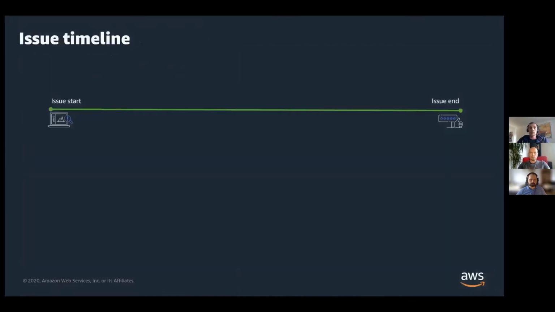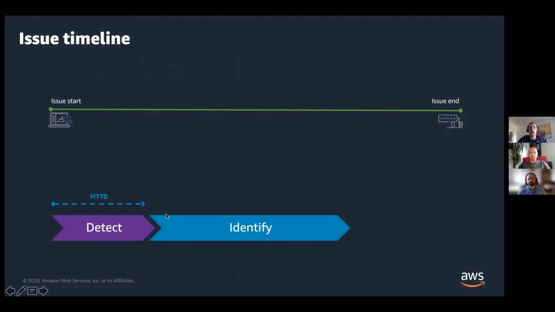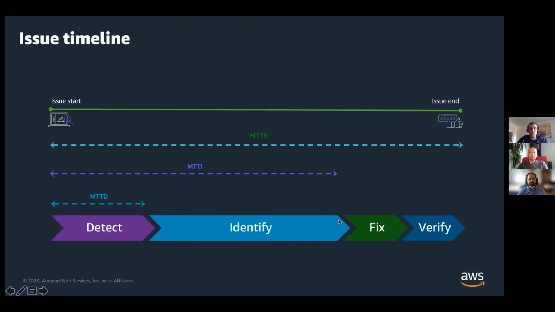So great. Now, as I said, we saw how we can potentially detect quite quickly and reduce this MTTD, which is the mean time to detection. Let's see now how we would go around the mean time to identification. The goal here is to really identify the root cause of the issue, to be able to then fix it, and for sure at the end verify it. So here we're going to really focus on this phase of identification.